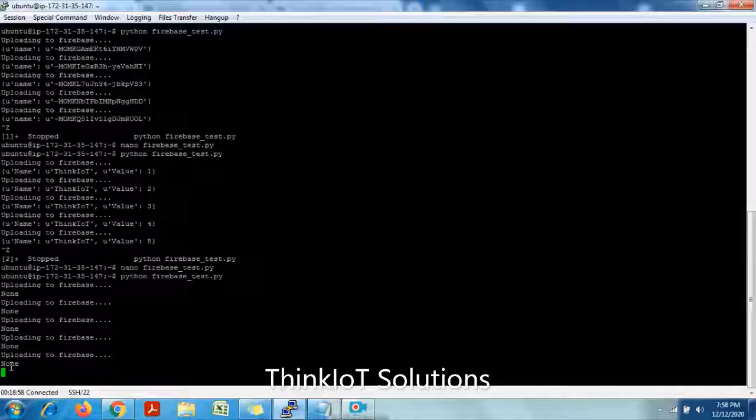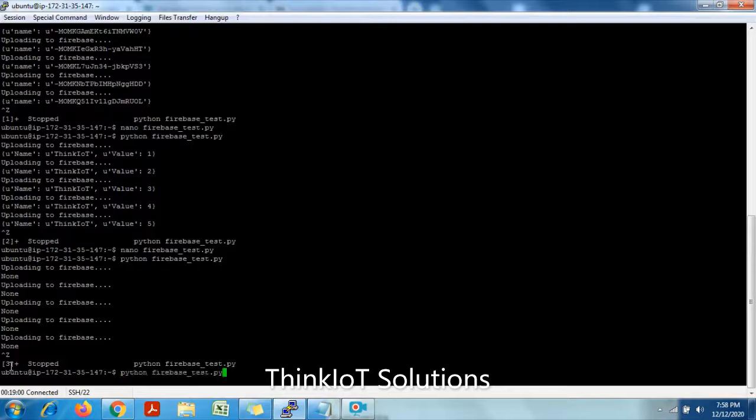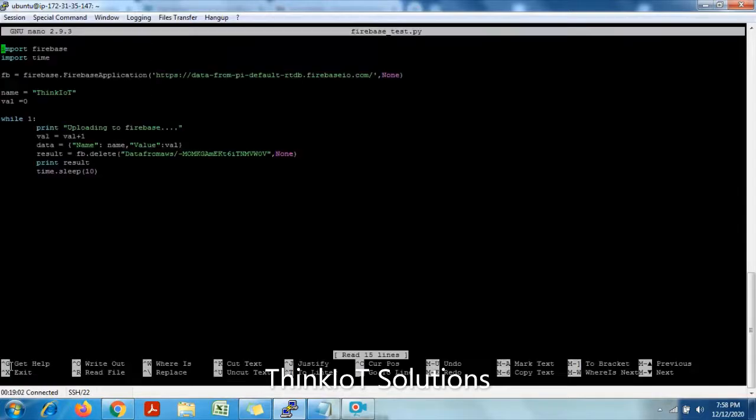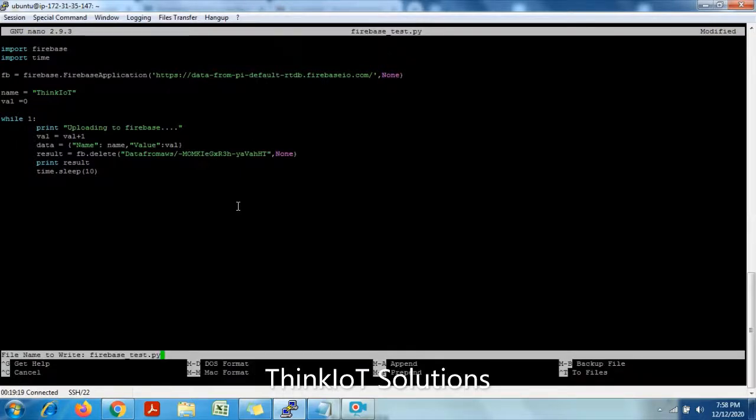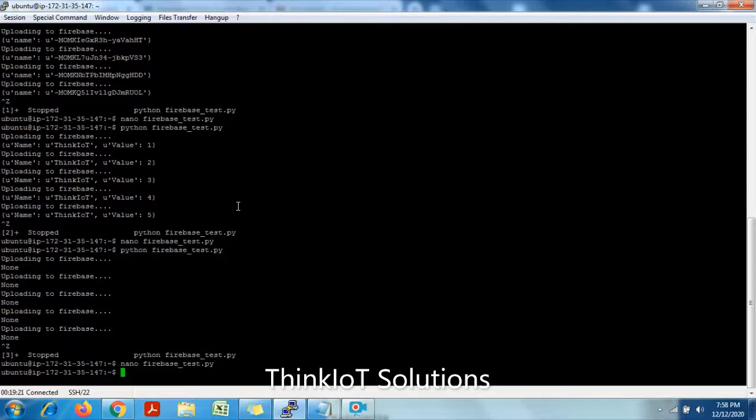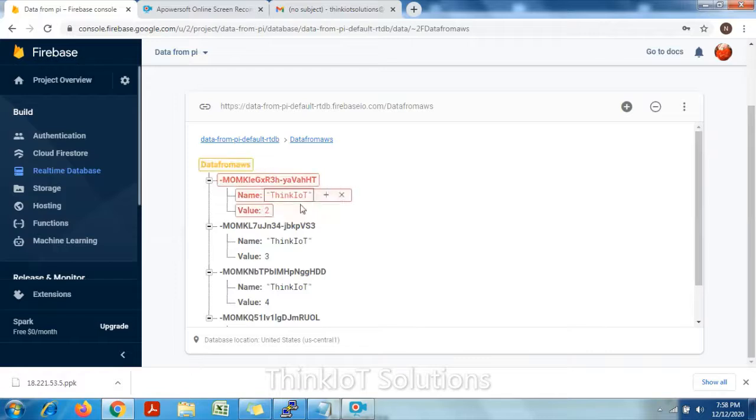So I will stop the program and go back to my program here. I will change this instance now. I have given that instance here, Control O, enter, Control X. Now I will run the program, and you can see the second instance will be removed.